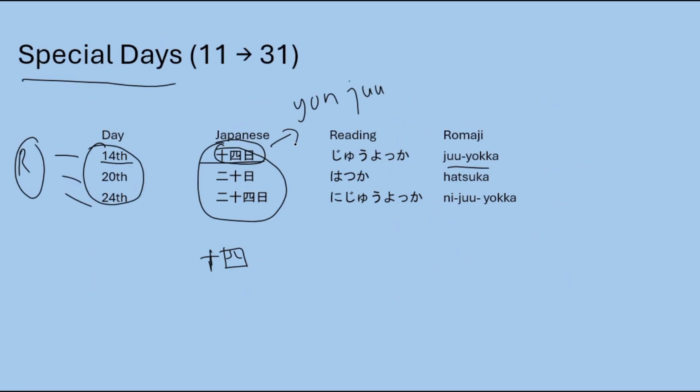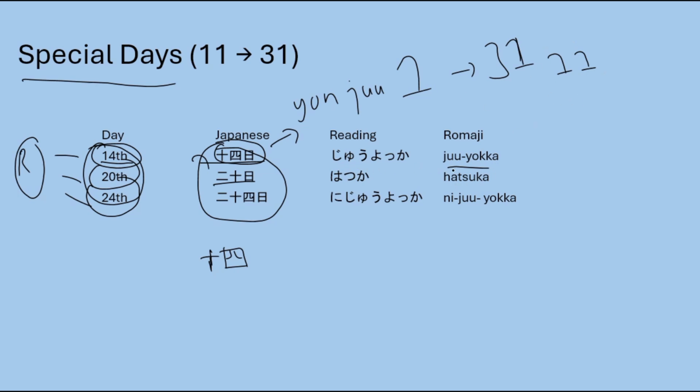After all, my intention is not to give you a kanji lecture here. I need to tell you how to memorize the days from first to 30th. So I'm not going to teach you the kanji of these characters. I'm just telling you these are also combinations of the characters we already know. So 14 is a special word, and so are 20 and 24. These are the three special words that do not follow the rules. The other days follow the rules.